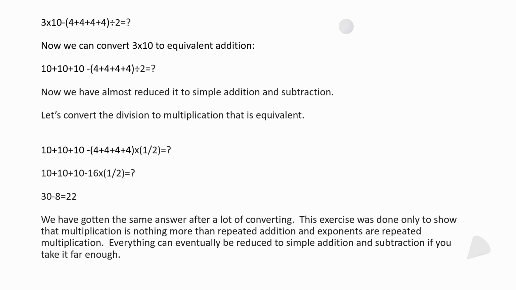So let's convert that division that we have here to multiplication. That's equivalent. So if we're dividing something by 2, it's the same thing as saying multiply it by a half, right? So we can see down here where I've got the 10 plus 10 plus 10 again, minus the 4 fours that we're adding inside of parentheses, and then multiply that stuff in parentheses by a half. Now, just for clarity, I did put parentheses around the 1/2. Don't worry about that because that